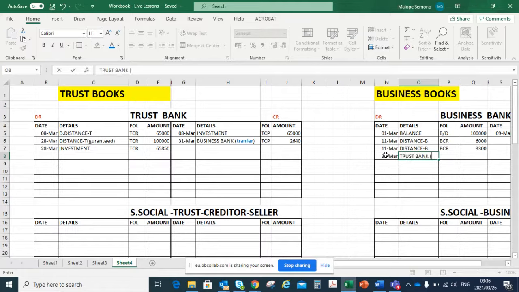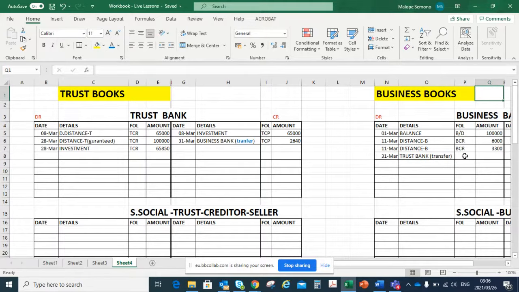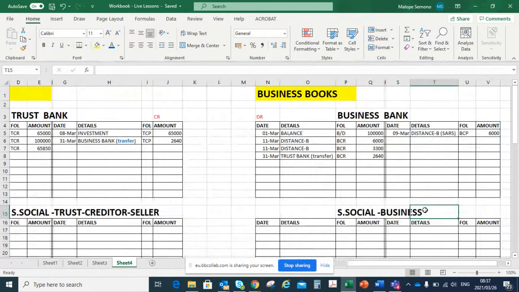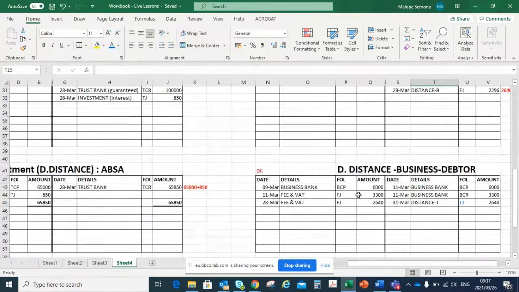Again, just for the sake of future reference, you can just write transfer. You don't have to do it, but that will help us get those marks. But it's okay, it doesn't affect your marks. I'm just saying it's better to do that. And we're receiving it is business cash receipt. Can you see now? And how much? 2640. Can you see now we dealt with our fee, so we're not owed anything. Even if you go to the fees account there, the fee here has been received, and this one has been transferred. So can you see? We've